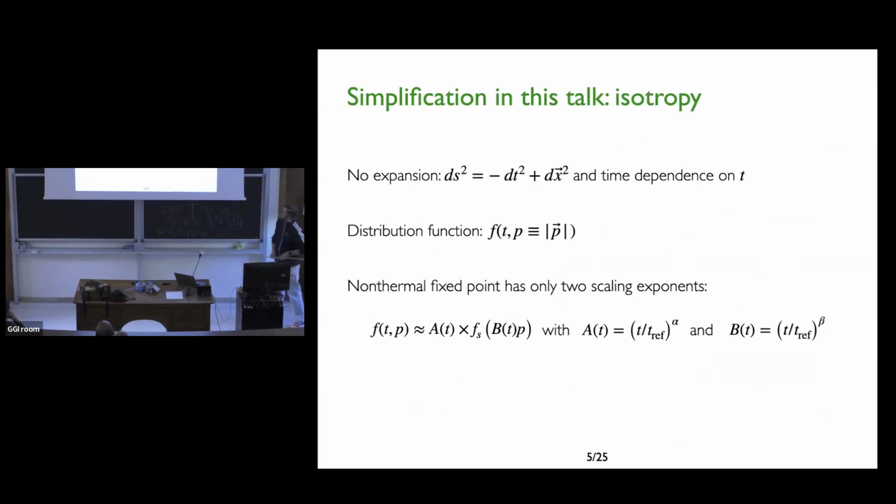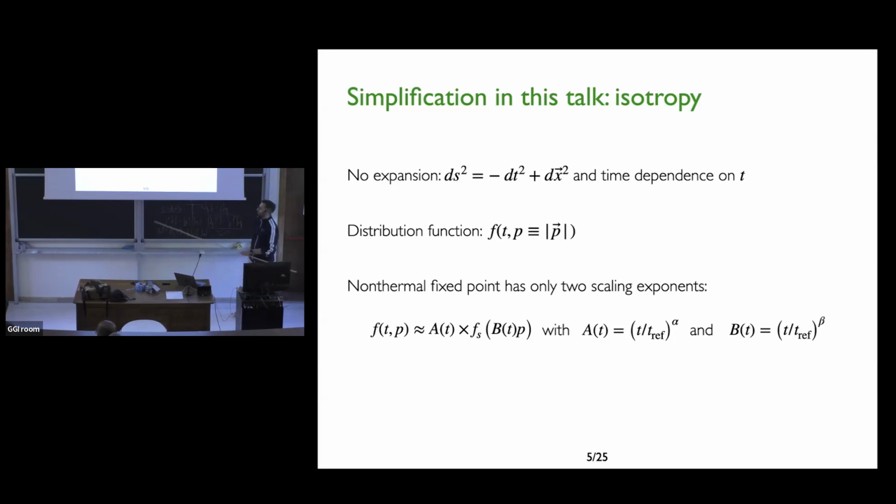So in my talk, I will adopt several simplifications. What I want to do is to understand better non-thermal fixed points, and in particular how non-thermal fixed points are approached. Bjorken flow is already an additional, perhaps unnecessary difficulty from the point of view of this quest, because if you adopt the kinetic theory description, the physics is that of distribution functions that are functions of 3 variables, and that's already quite a lot. What I'm going to do, therefore, is assume that there is no expansion and the dynamics is just in Minkowski space in flat coordinates,